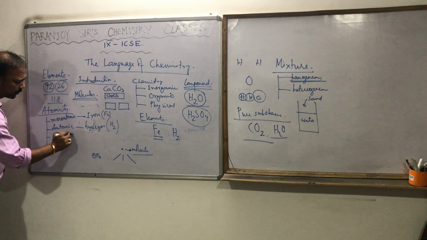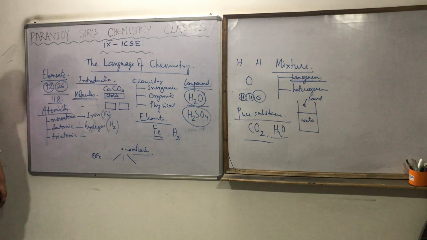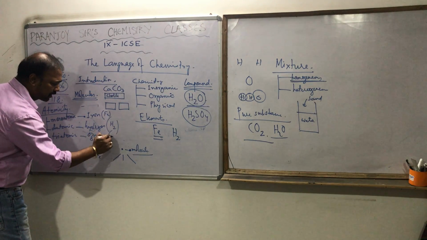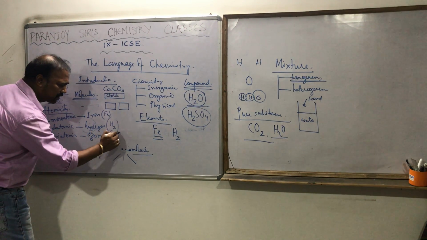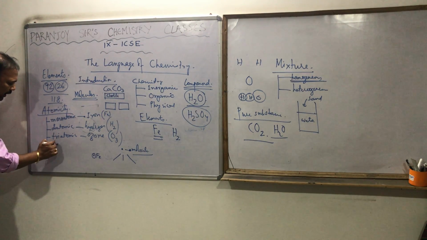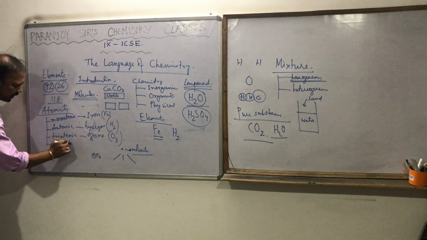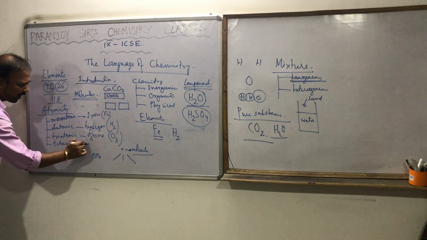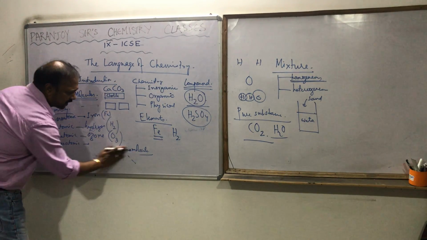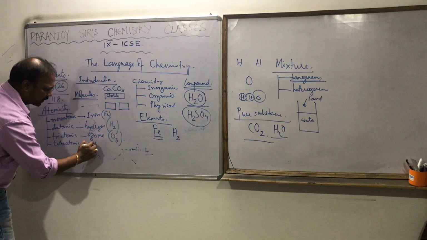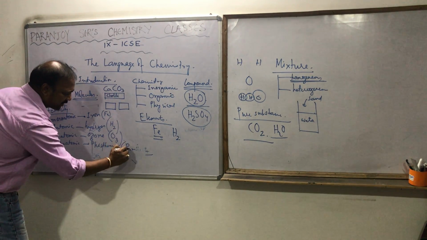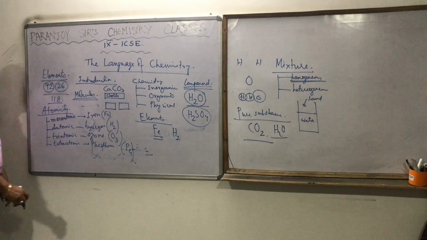Triatomic means three atoms combined together form an element. For example, ozone, which all of you have heard about. It's nothing but oxygen, but how many oxygen? Three oxygen together. Tetraatomic: tetra means four, four atoms together. Which element is it? It's nothing but phosphorus, present as tetraatomic, P4.